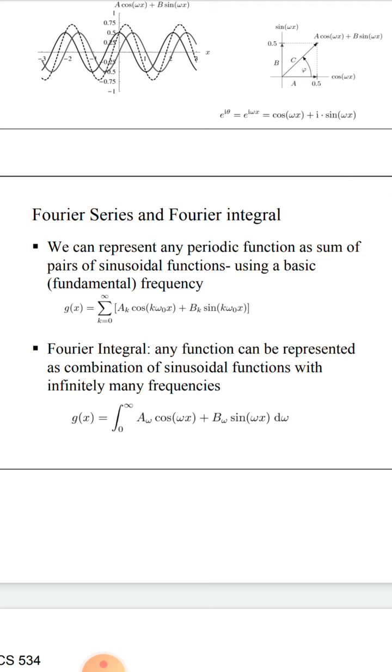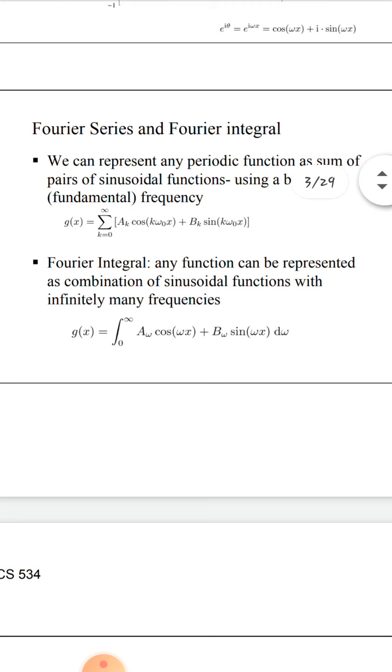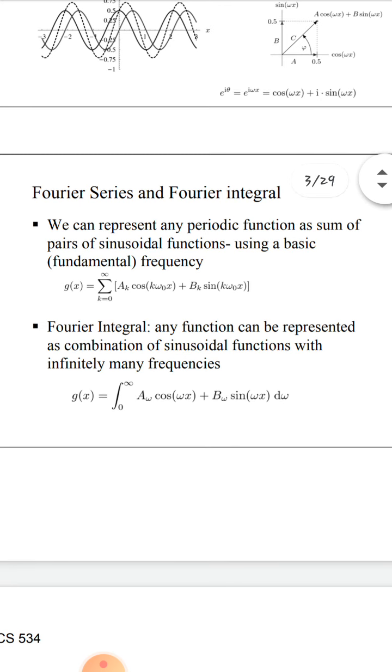That is one thing. Another thing is, in Fourier series you had a fundamental frequency, so the whole pattern will have one kind of frequency. But in Fourier integral you can have an infinite number of frequencies. You can have a frequency of 5, you can have a frequency of 500, it doesn't matter. You can have any number of frequencies. So that is why you go for a Fourier integral, which is nothing but your Fourier transform. That is why we go for Fourier transform from Fourier series.